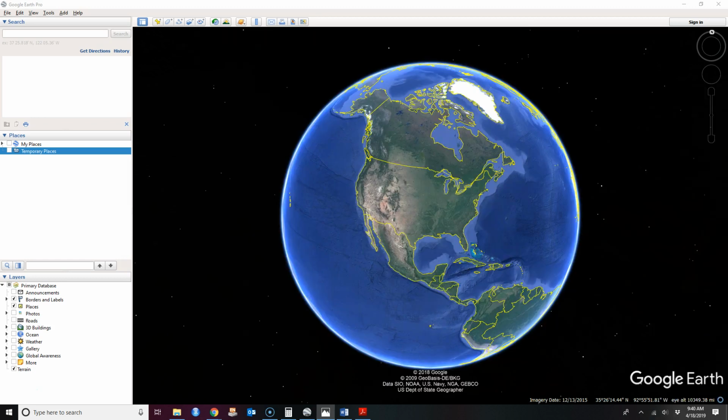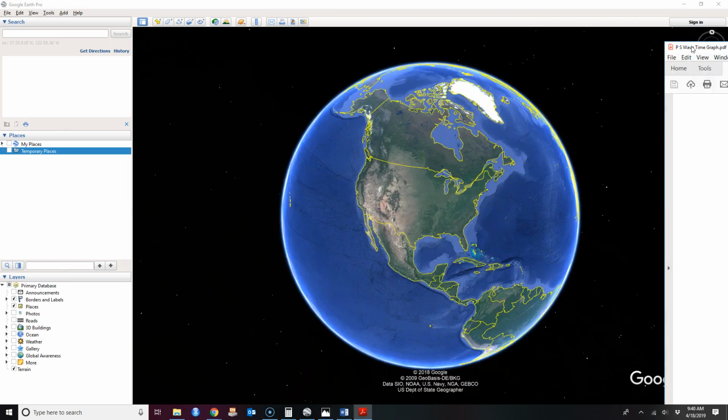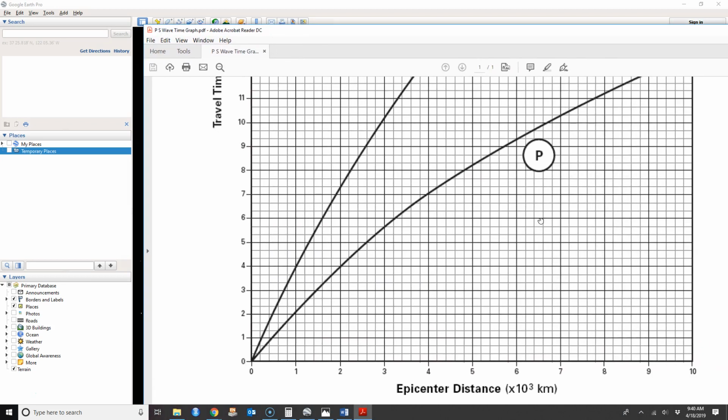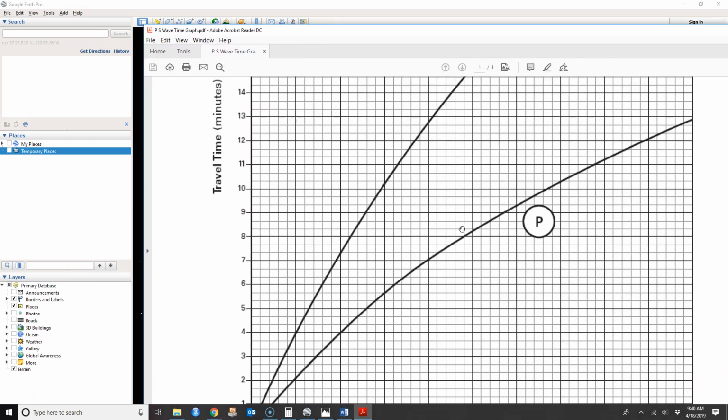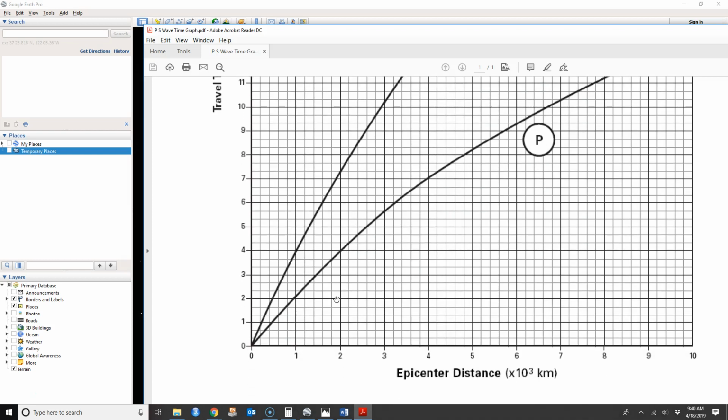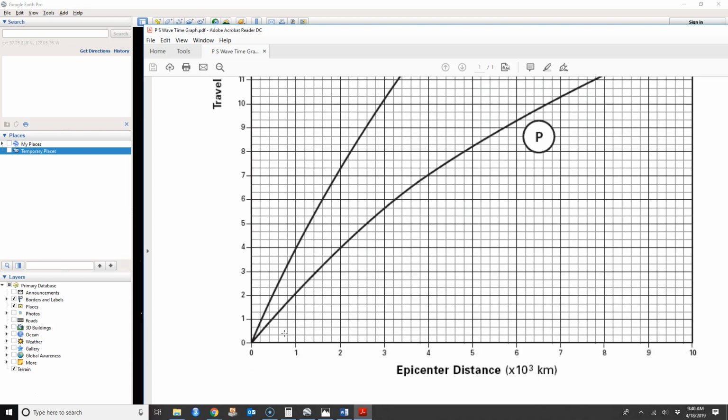To do this though, we need to bring in our P and S wave time travel graph. And now we need to find on this graph where the arrival times of the P wave and the S wave have a difference of 5 minutes and 40 seconds. Using the method from other videos, you line up a scrap piece of paper and put a dash at 0 and a dash at 5 minutes and 40 seconds, and then you drag it up the